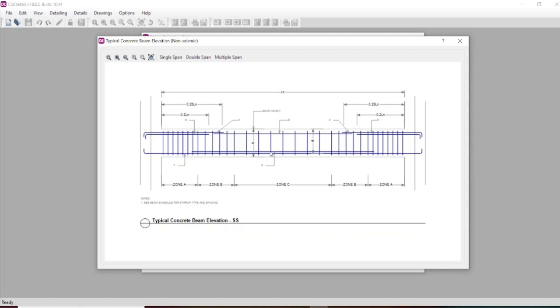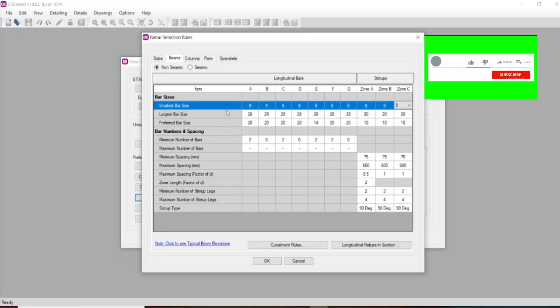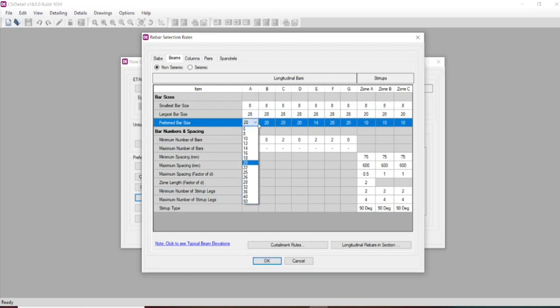The respective portions are indicated here, and this is zone A and zone B. The center part is zone C. In order to understand that, here let us use all the areas. It might be A to G. We will be using the dia as 8 mm, and let us provide the preferred bar size as 12 mm dia bar.